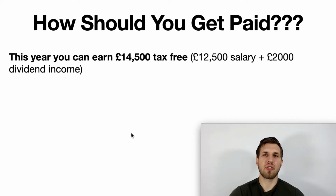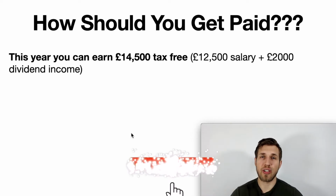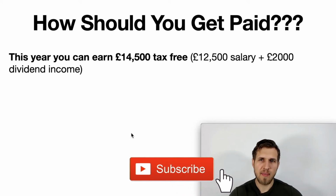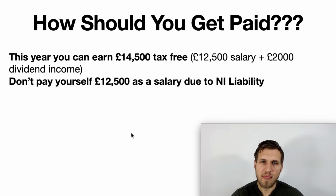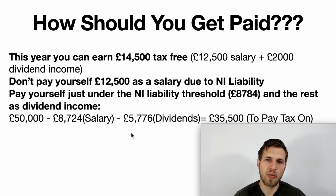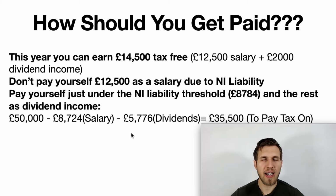So how should you get paid? And this is what we've come to. This year, you can earn £14,500 tax-free. You have £12,500 as a salary, and £2,000 as dividend income. Okay. However, me personally, I wouldn't advise you to pay that £12,500 as a salary, because you have the NI liability. So what I would suggest you do is pay yourself right up until the NI threshold,